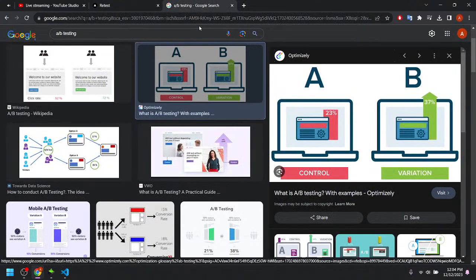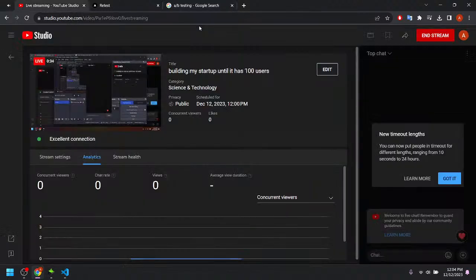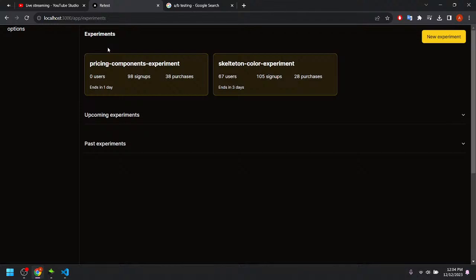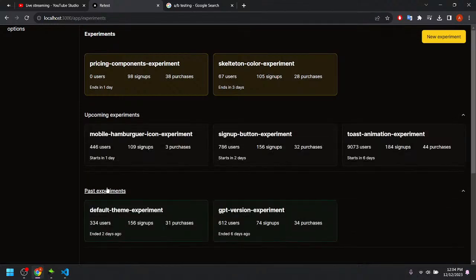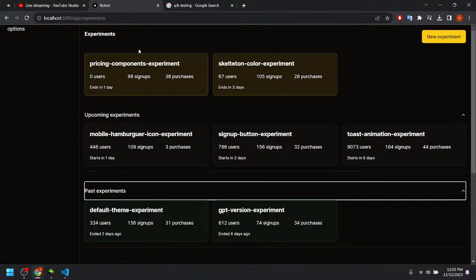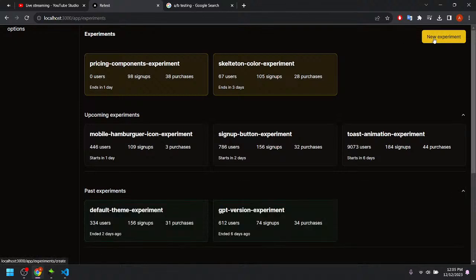Currently there are no easy solutions for product teams who want to implement A/B tests in their web applications. So that's what we're building. We're building this web application, and users can create their experiments.